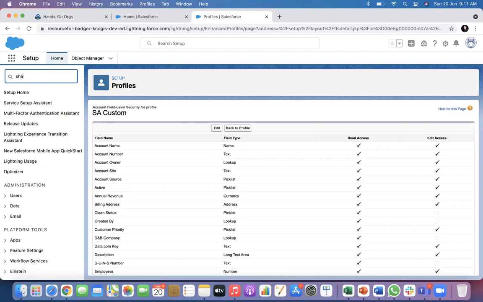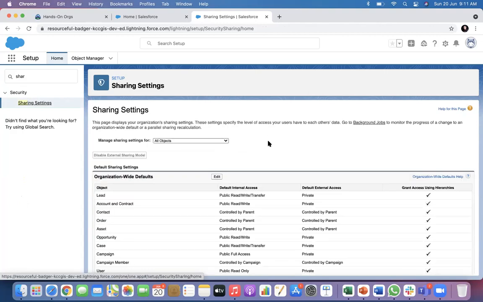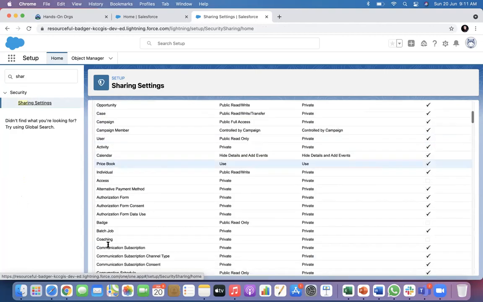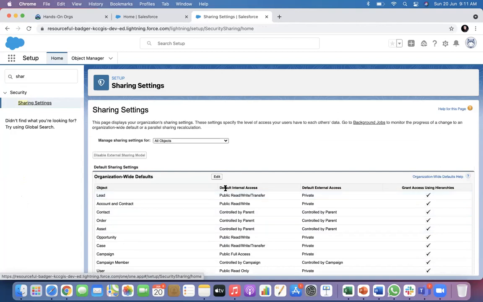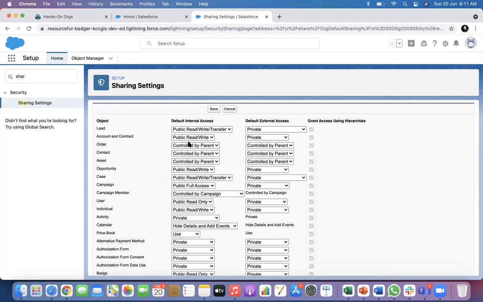Record level security is in sharing settings. If you see, all objects are listed here, and this default internal access is what we are talking about today. Ignore external access and other things. So if you go and edit this, you can see the account object. Here you see three basic permissions: private, public read only, and public read write.